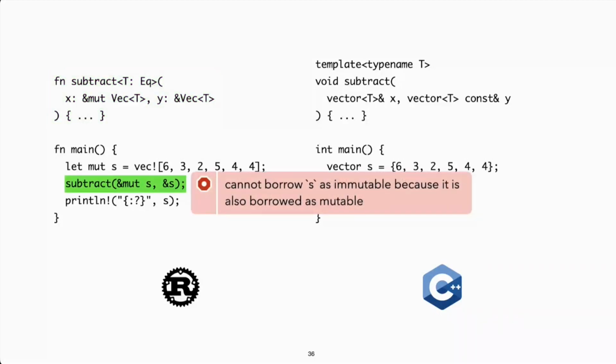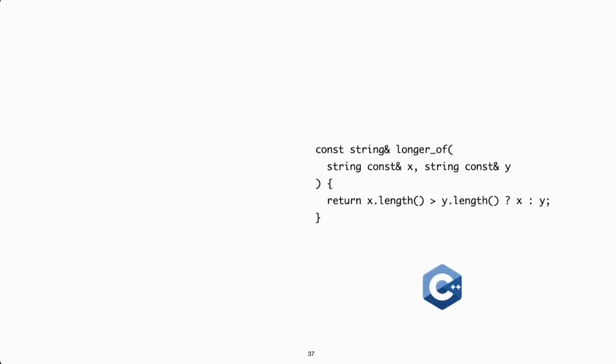So at the call site, Rust will catch violations of uniqueness at compile time, and it will prevent us from repeating the mistake we got in C++. This was the call here that created the invalid results, and this is caught as an error in Rust, which actually is quite nice. So it would seem that Rust has everything figured out, problem solved, and we can all head back home. But before we do that, let's look at one more example.